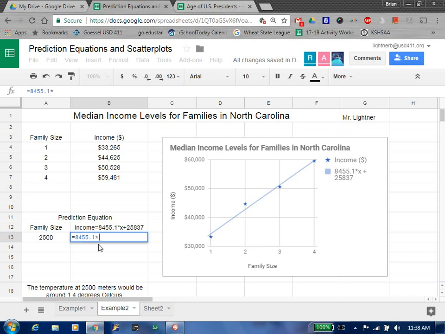Now this is times X. X was the family size. Family size is going to be showing up in this cell right here. Okay, so I want to take 8455.1 times whatever number is in this cell. So what's the address for the cell? What row? What column? A13. So I want to take this value times A13. So I just write A13 like that, and see how it's